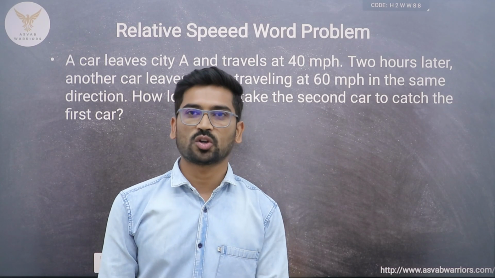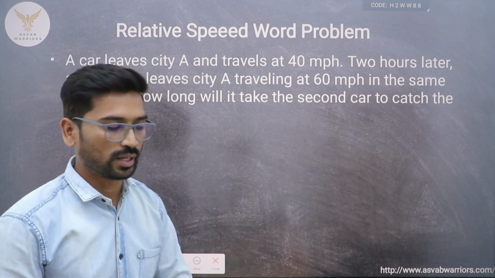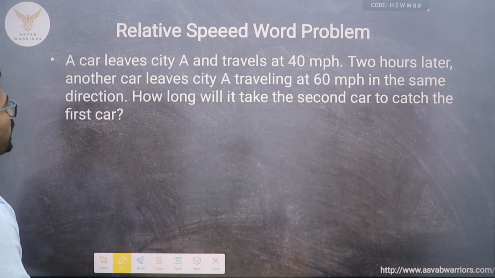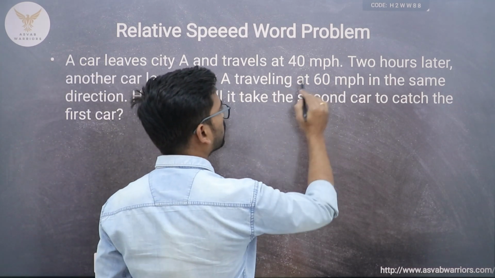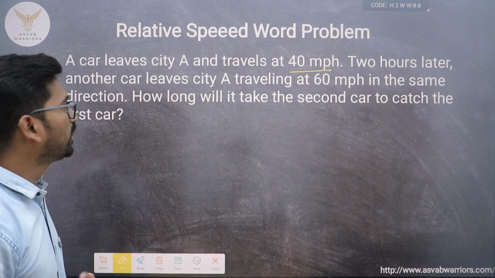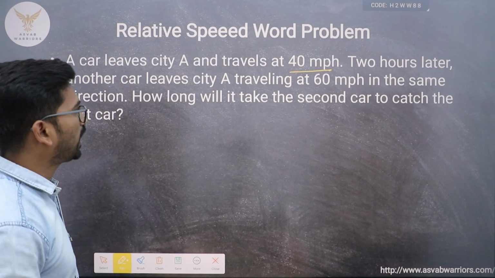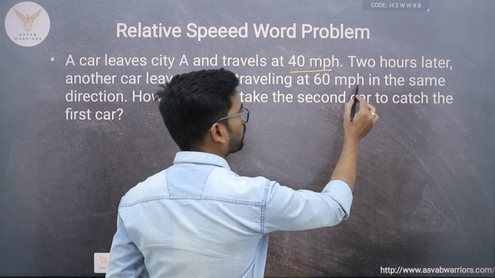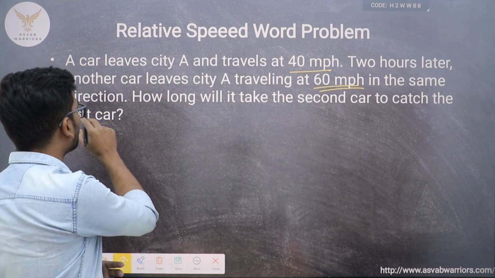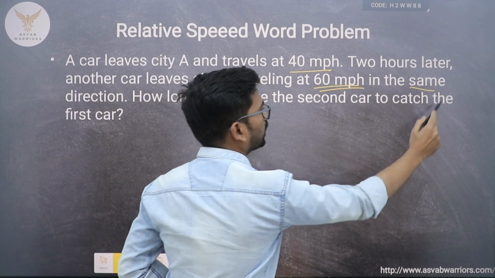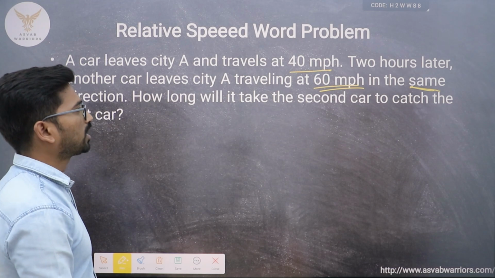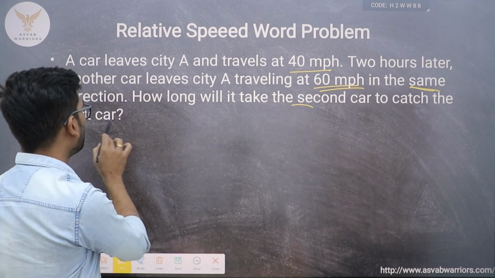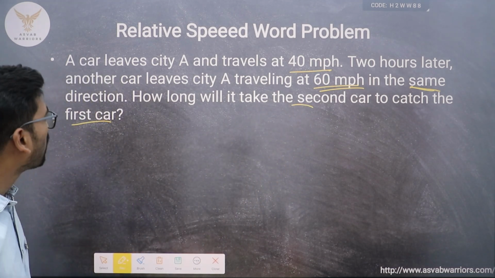Now here is a question on the concept of relative speed. The question says, a car leaves city A and travels at 40 miles per hour. 2 hours later, another car leaves city A traveling at 60 miles per hour in the same direction. How long will it take the second car to catch up with the first car? Now the question is,